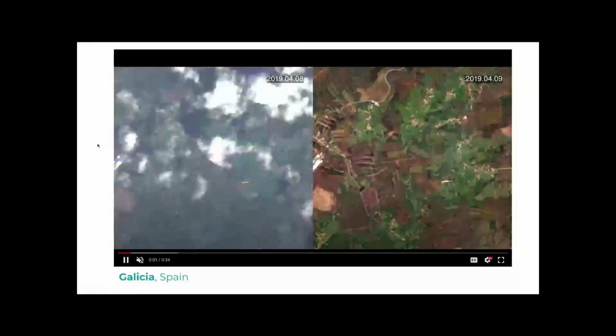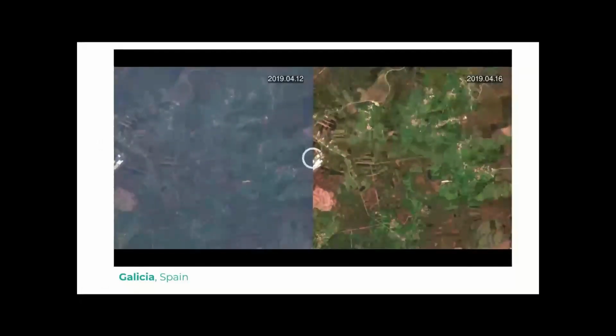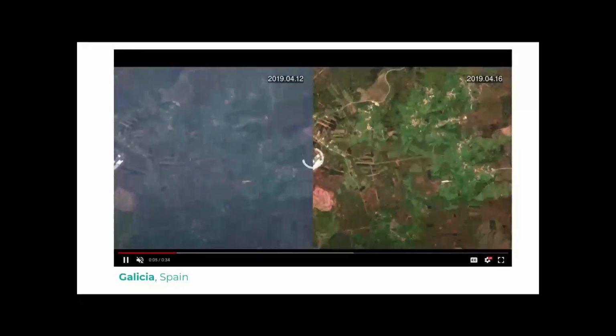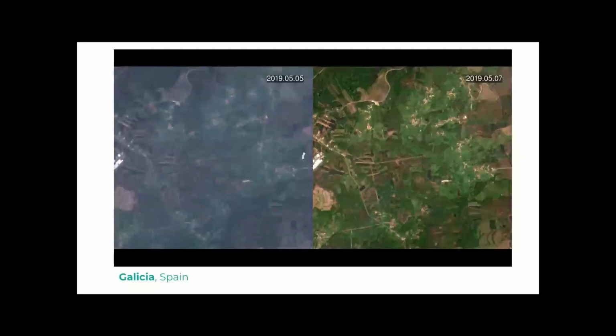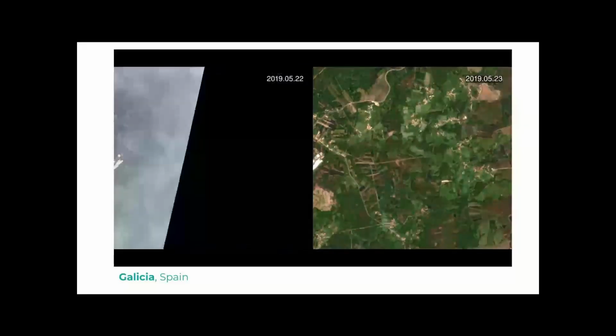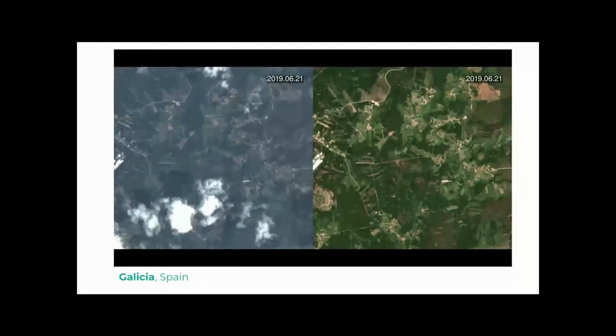So what we are seeing here on the left-hand side is PlanetScope imagery. I'm sorry it's loading, but I'm sure it's going to come in a second. On a daily basis over Galicia in Spain. And if the animation was running, you would see that we have imagery over Spain, but there are a lot of gaps. Here we go, there are clouds, there are different values from the sensors in the PlanetScope